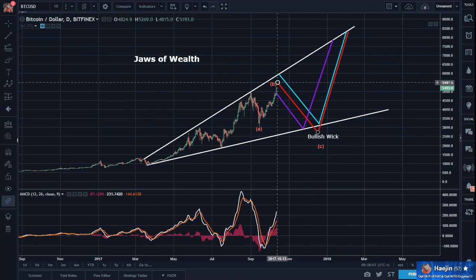Because from a Fibonacci point of view, that is a significant area for me. If it blasts through that, the next significant Fibonacci area will be around 6,000. 5,600 and then 6,000-ish. And at that point, that's where the resistance line resides, and it'll probably get repelled.